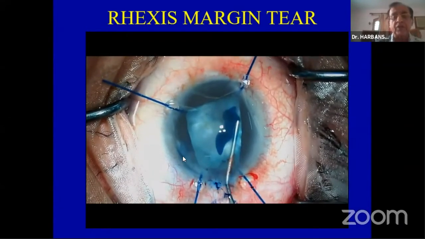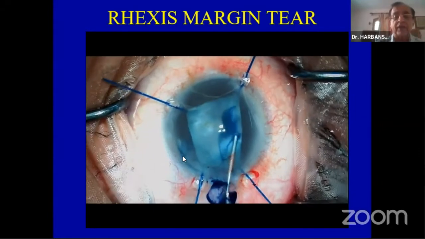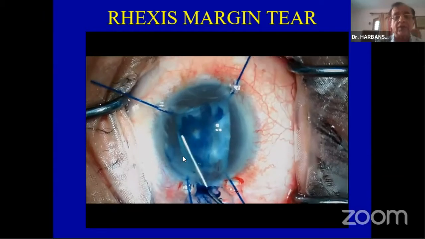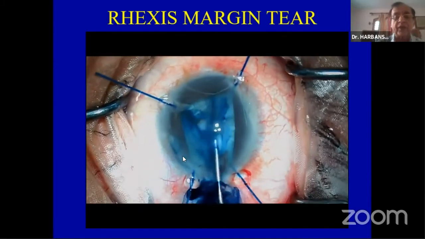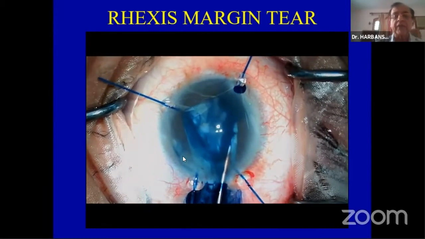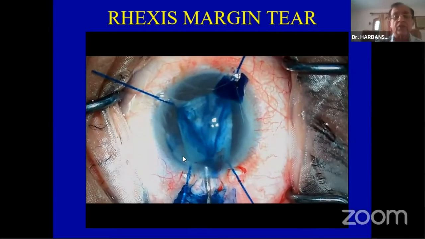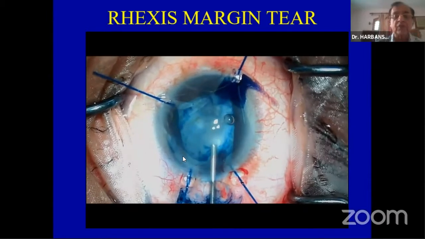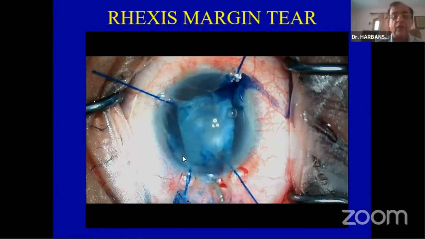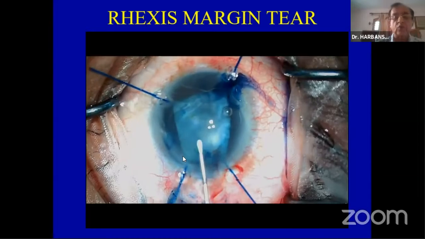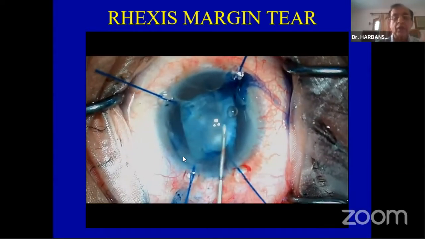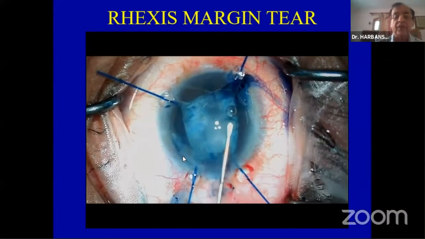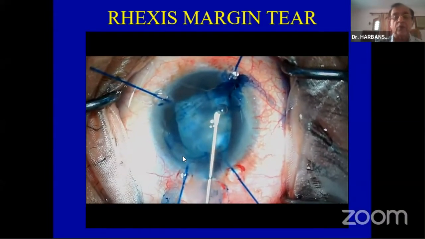I am further staining it because I know that it is going to run away. The peripheral part of this capsule was not stained initially because of the small capsule. So you can put the dye even after putting the viscoelastic. There is nothing wrong; you will still have better visibility. And if you see, my iris hooks are placed in a trapezoid fashion. That means they are close to the incision or very close to each other, so that the pupillary border goes underneath the internal lip of the cornea, and it does not keep on rubbing onto your phaco probe.